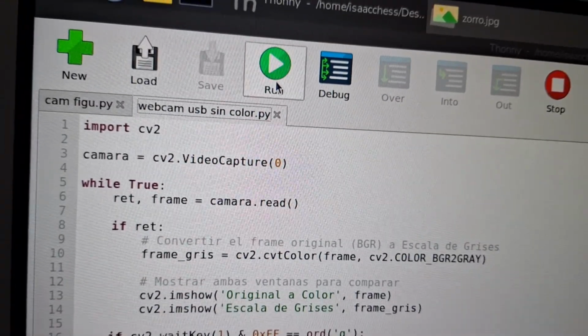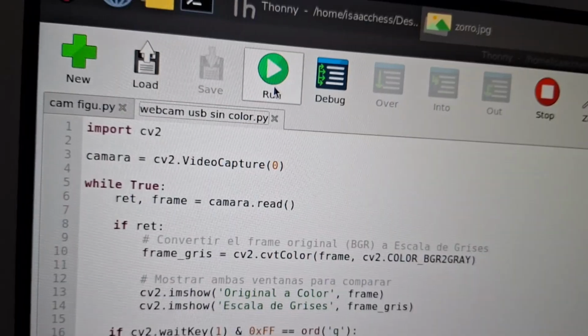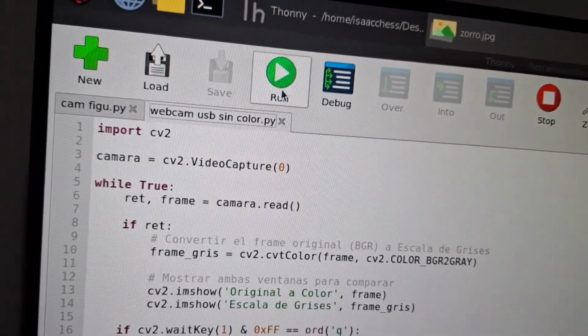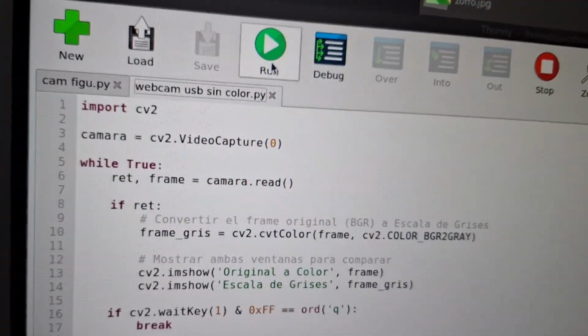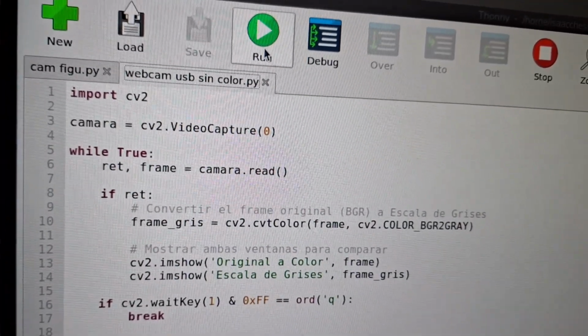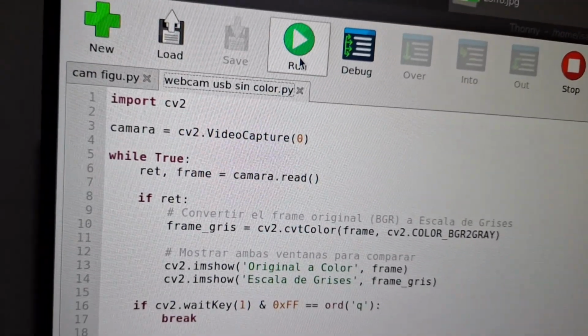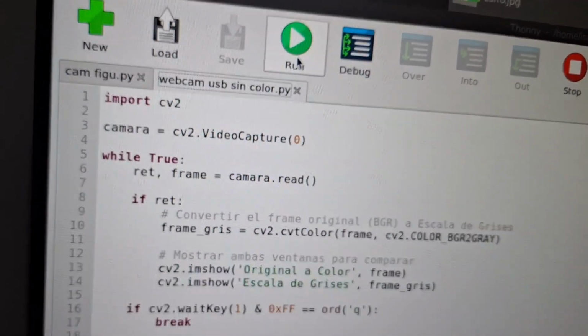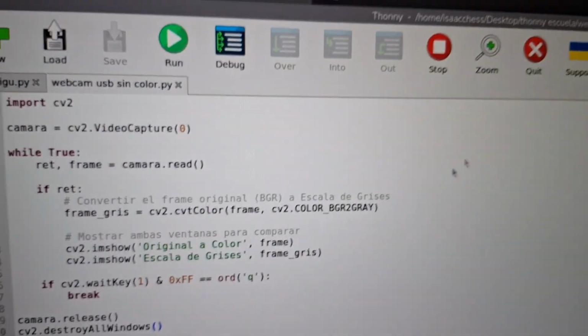By stripping away the color data, we drastically reduce the processing overhead. This is a crucial optimization step because most advanced tracking algorithms work much faster and more efficiently using pure luminance rather than full colors. So let's run,